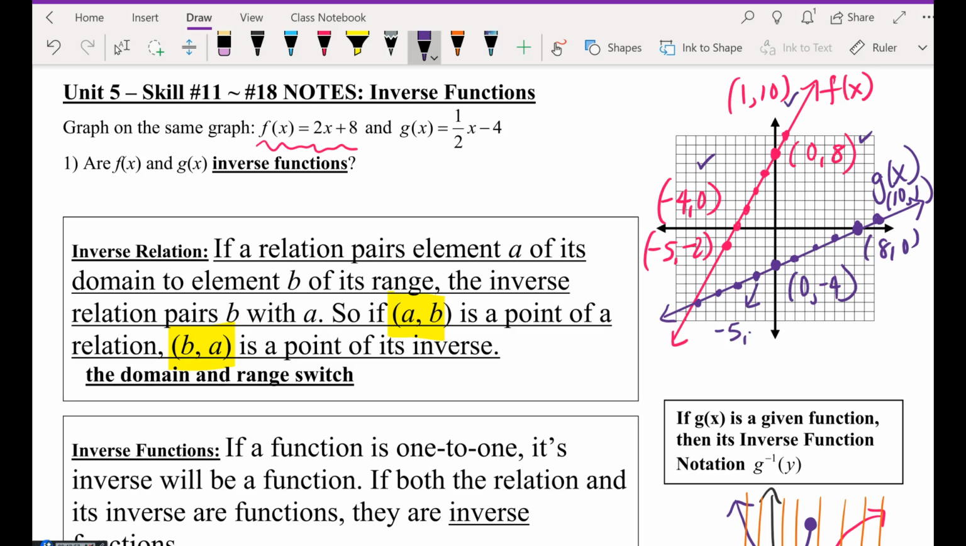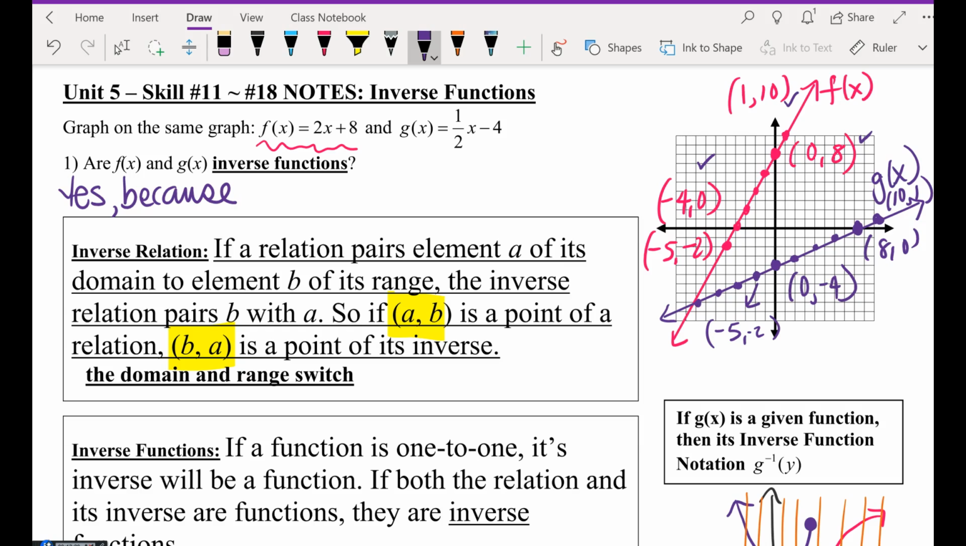-2, -5. Now, if we have time, should every single point on the red, when I flip X and Y, be on the purple? Yeah. So if that's yes, then F and G are inverses. So yes. Okay, because